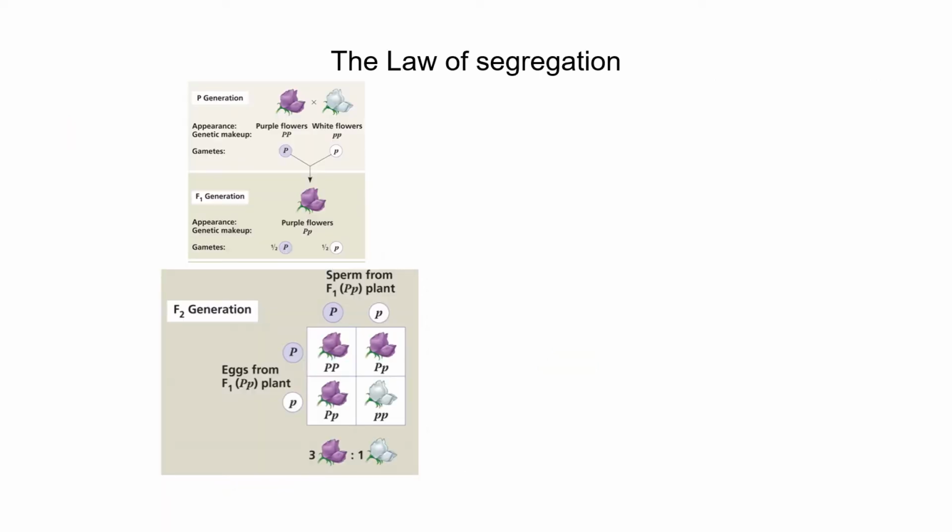If you go to the Campbell Biology, you will see a long explanation of this in a lot of detail, and I highly recommend that you go and read that in detail. I just wanted you to remember 3 points from this diagram. First thing, here we're working with a single gene. And what happens when you work with a single gene? When Mendel started working with a single gene, he noticed a very interesting pattern. When you start working with pure breeds,